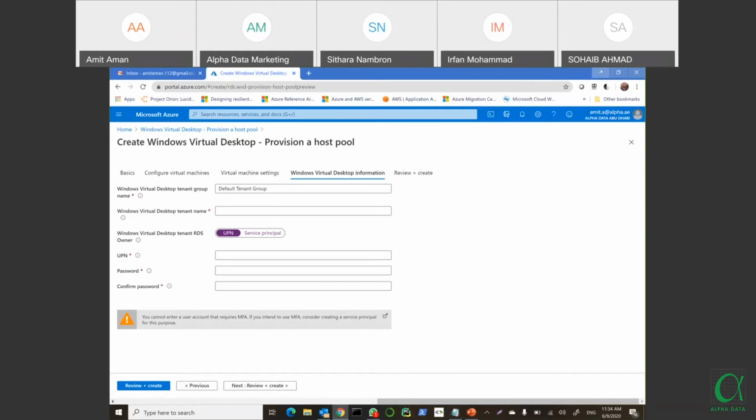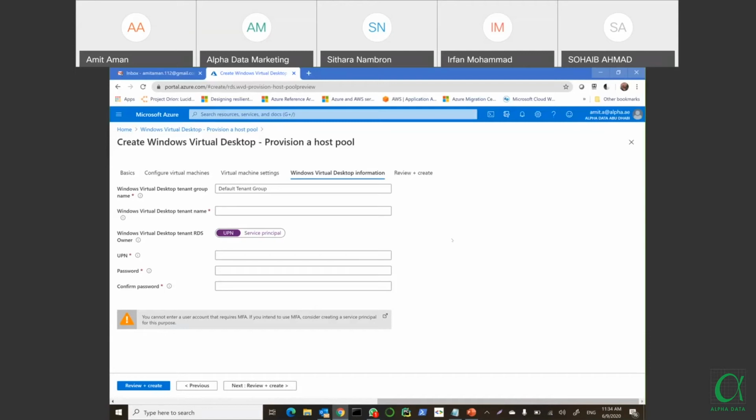Now, I just wanted to tell you that by default, there is no management pane available in Microsoft Azure to do all the management we talked about, like creating a host pool, user group, or application group. Till now it is not there.